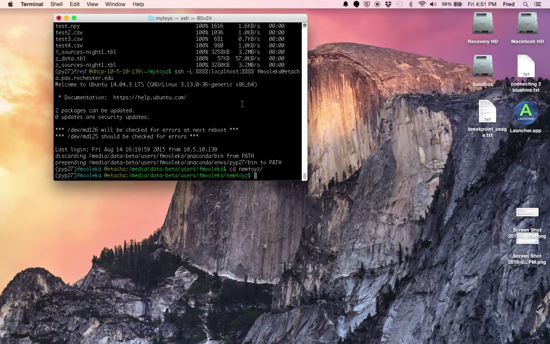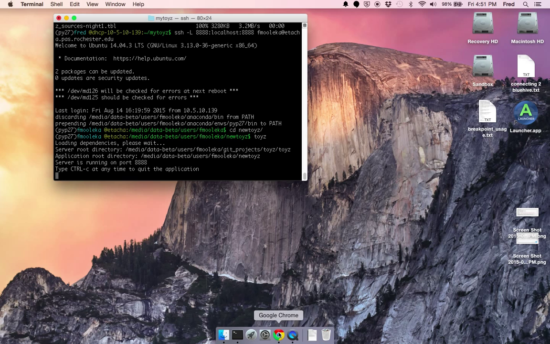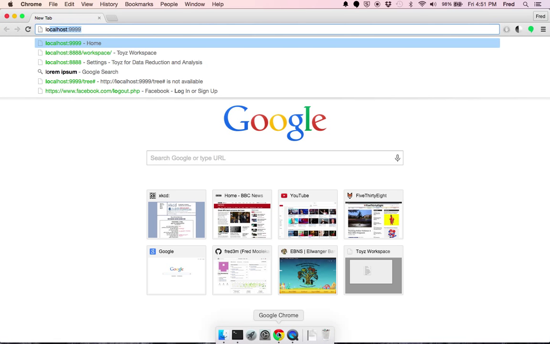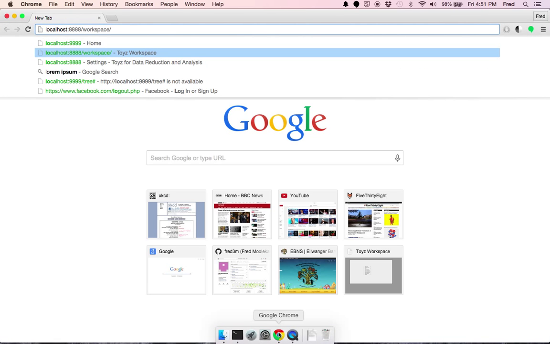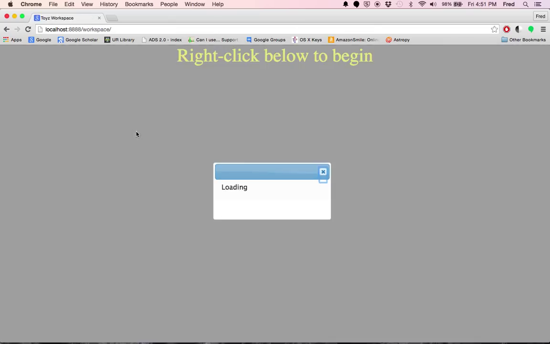We'll start up Toyz just the way we've been doing it in the past. We'll open up our browser to a new workspace. So if you didn't check out the viewer one, I'll remind you that you want to put a trailing slash on the workspace. We may have to sign in again. Okay, so now we can right click